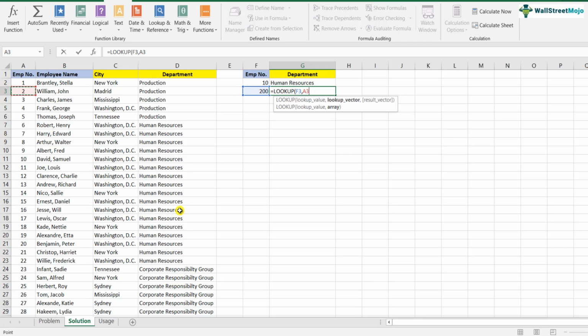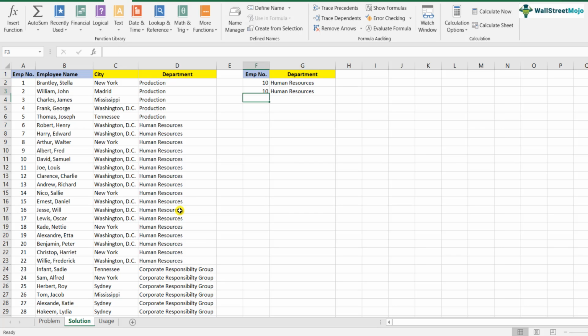So what you need to do here is start your database with the unique value column, which is our employee number. I start the selection from there and go to department, because department is the factor that I need. So through the first column, you have the unique number, and the fourth column, which is the department, which I'm taking the selection to, is the value that you need. And enter, you get the exact department.